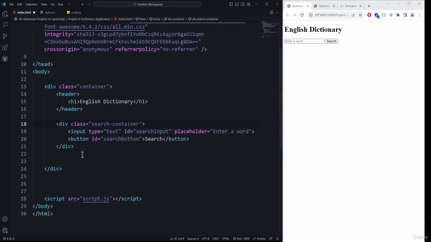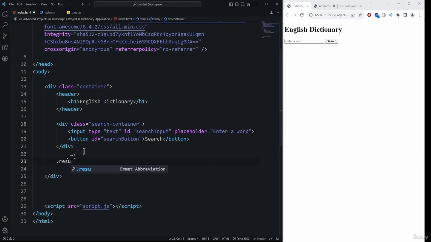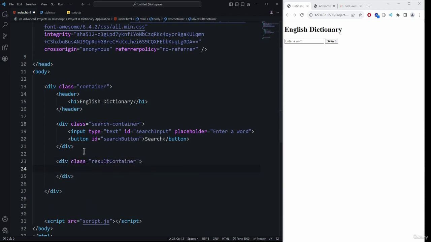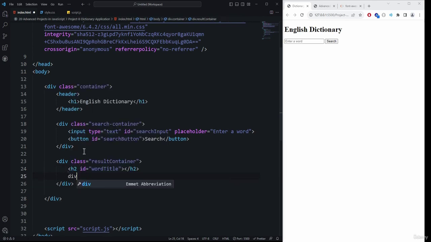Alright, then after that we need to add here another container, which is the result container. So this will be like result container. Pressing the tab key, and inside of that we need to specify the h2 element. So this will be our word title, and again we need to add here another code. This will be our division, and this is going to be like id word description,